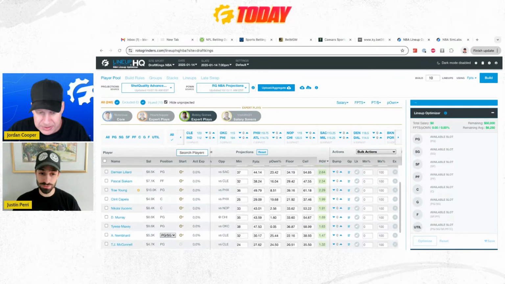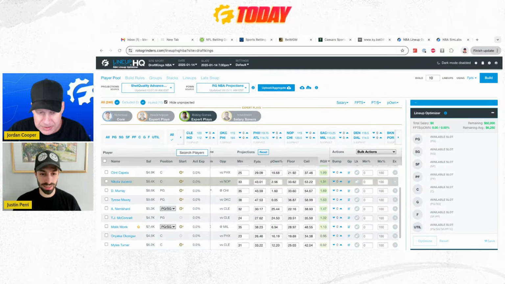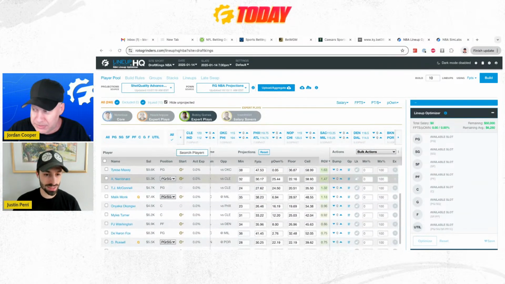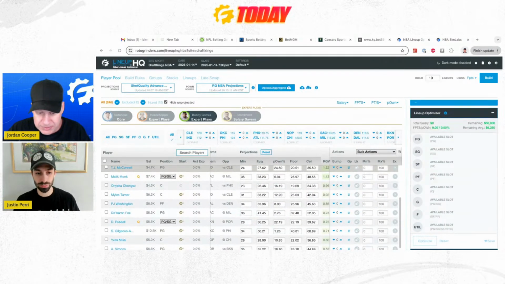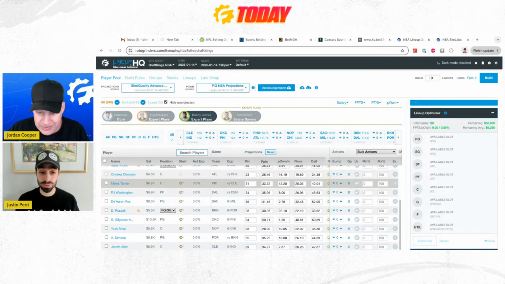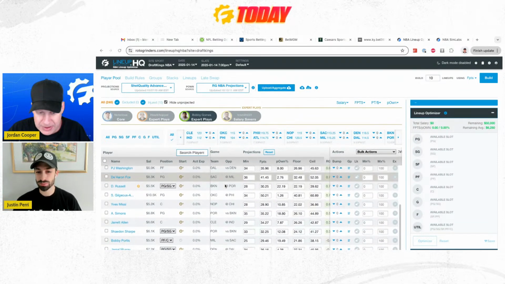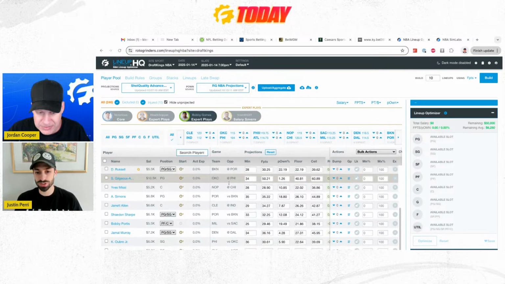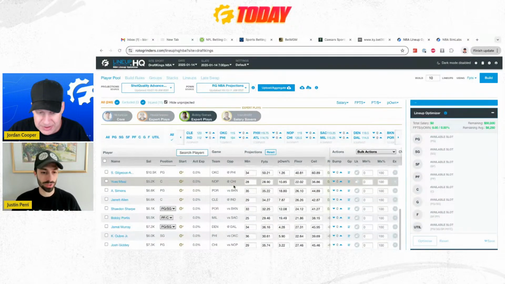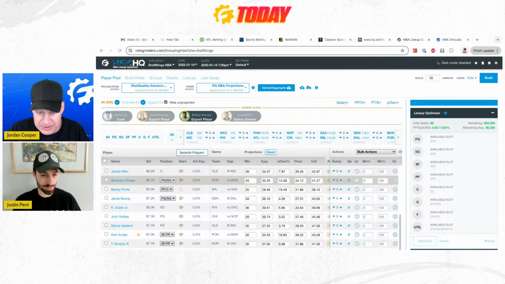And then I like Yves Missi against the Bulls there for the Pelicans. If you maybe want to go with a little bit of a contrarian play at center, again, Missi or Capela, I think both of them have value. It's going to be interesting because you might very well see a high concentration of Jokic plays, of Giannis plays.